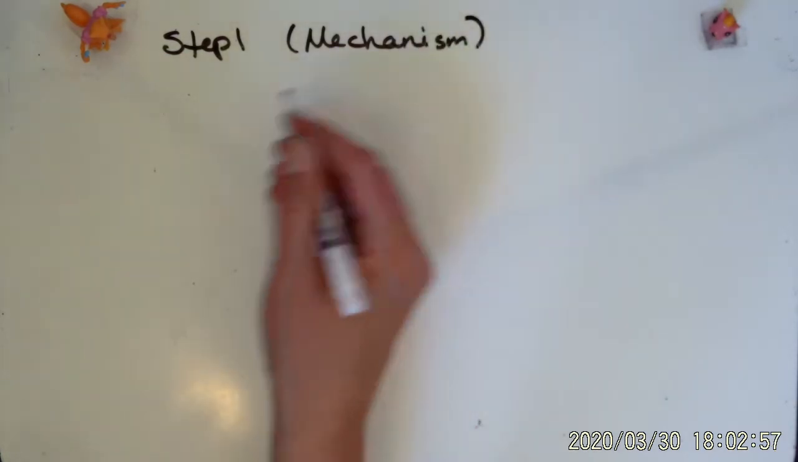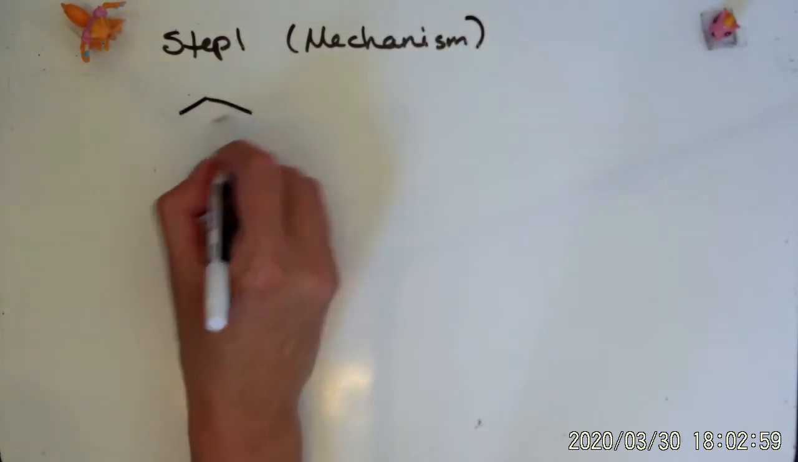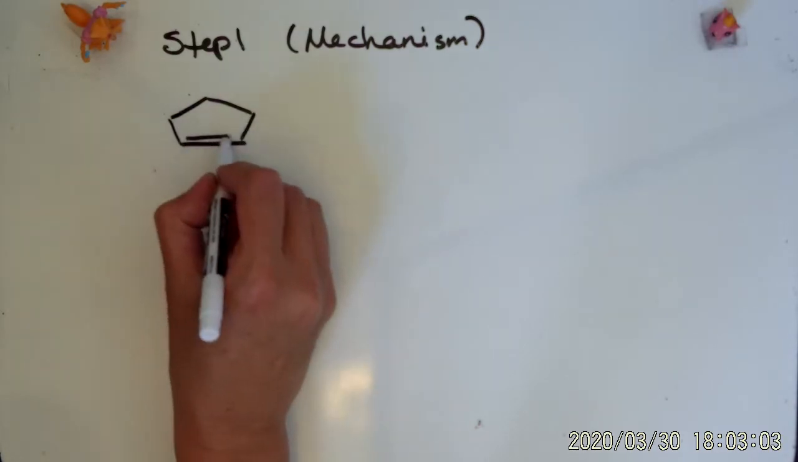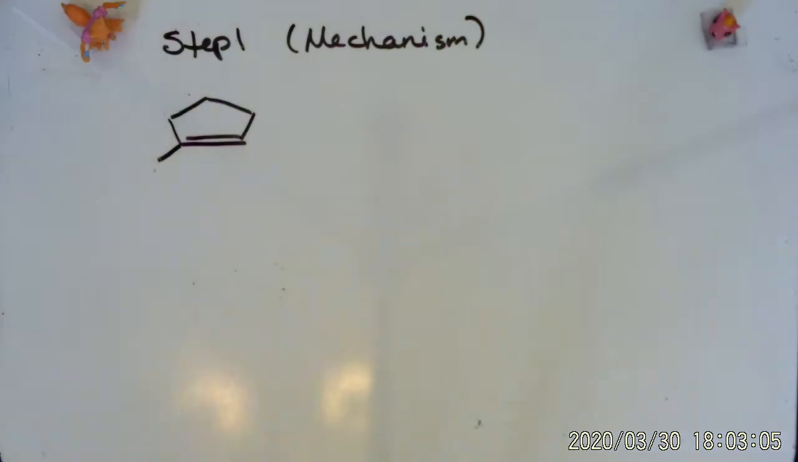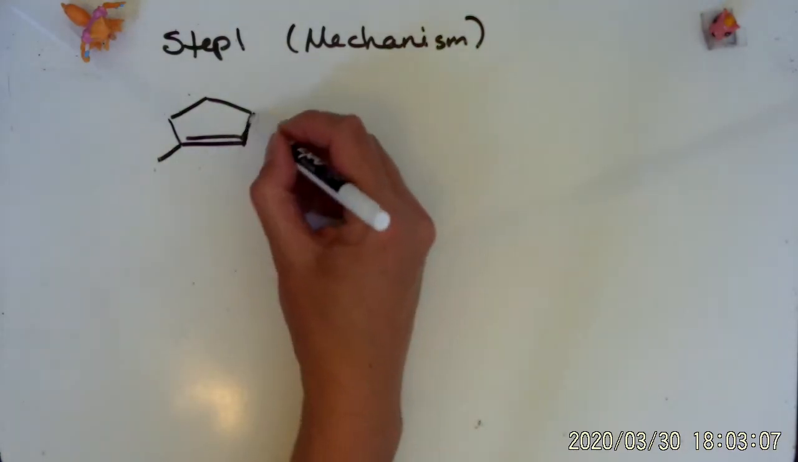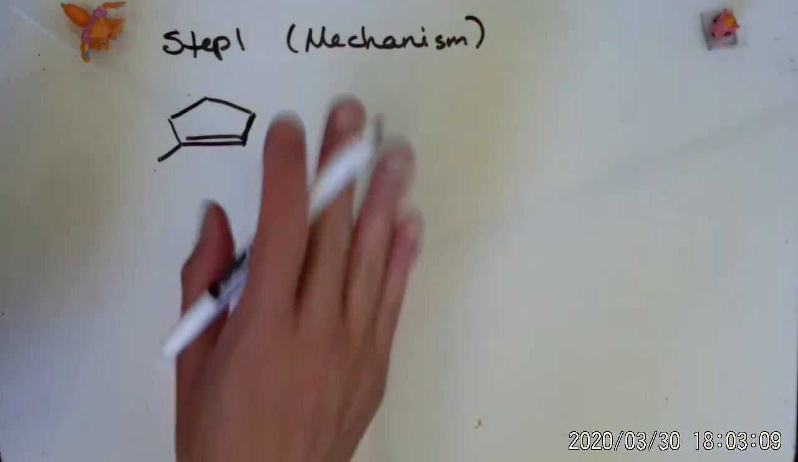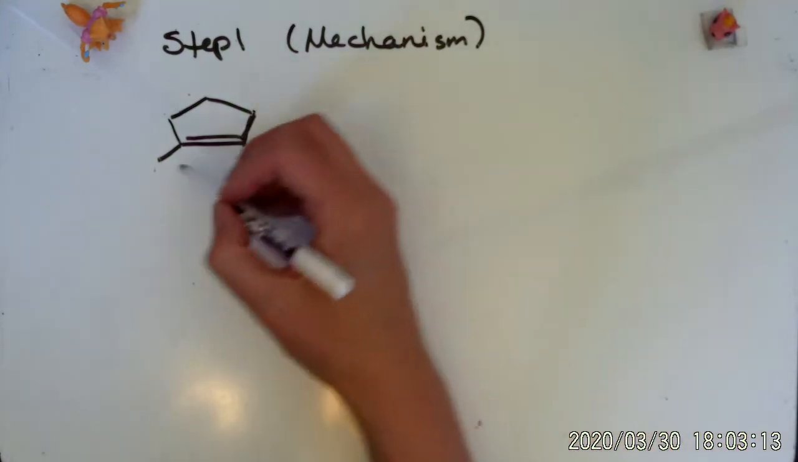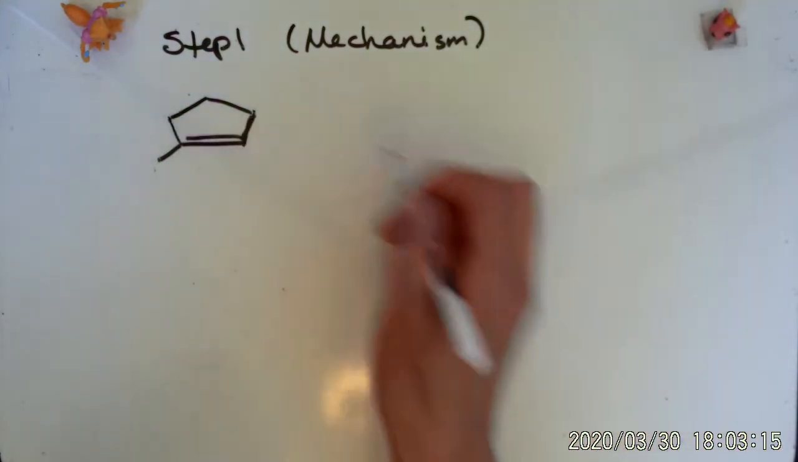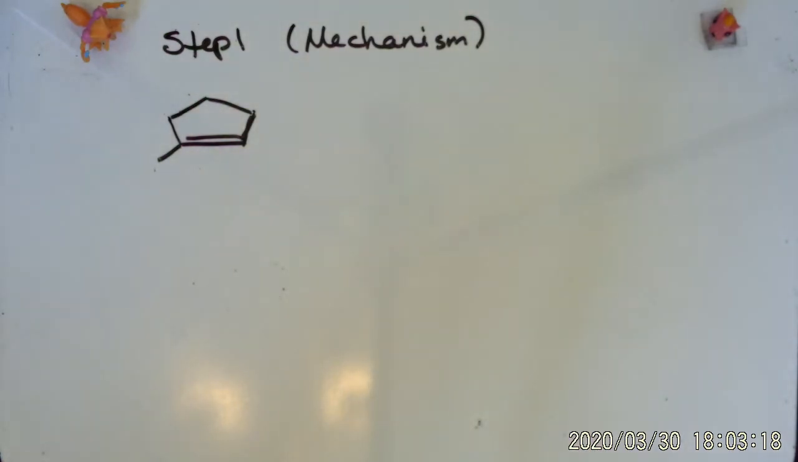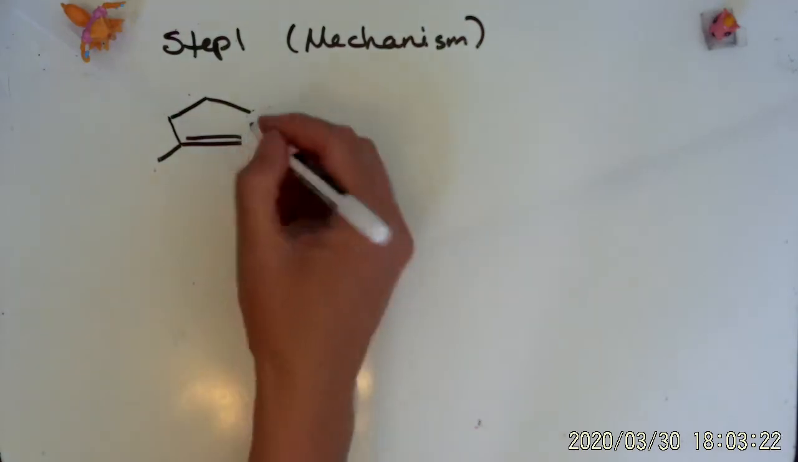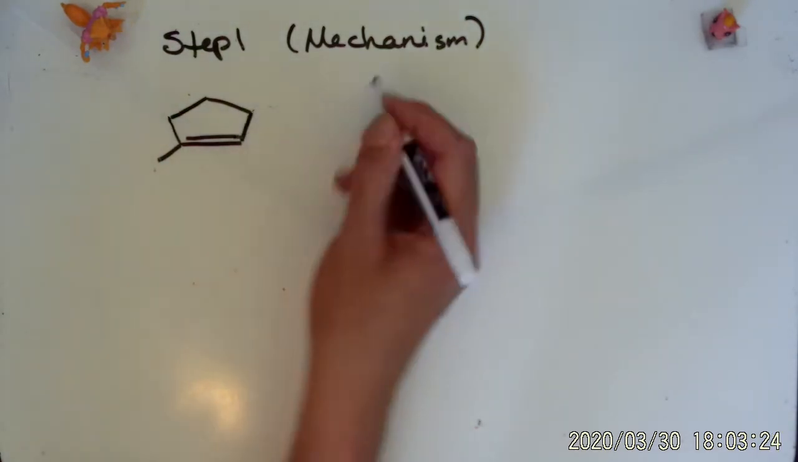What I'm going to do is I'm going to draw my 2-methylcyclopentene so that the ring is basically going into the board, away from you, and this methyl is coming out towards you. So I've kind of tilted it on its side. The reason is, in just a moment, I'm going to show you what's going to happen when we add in